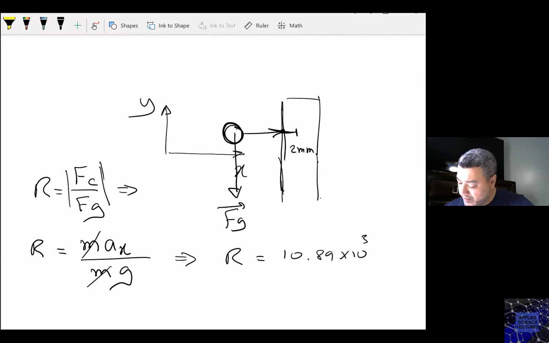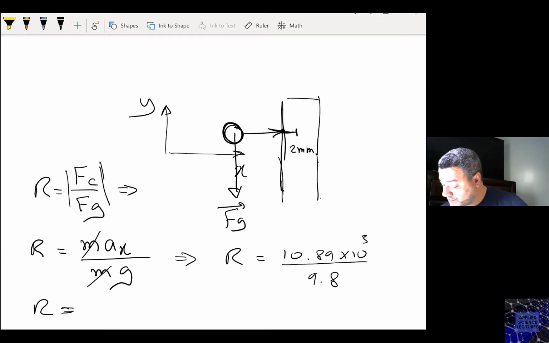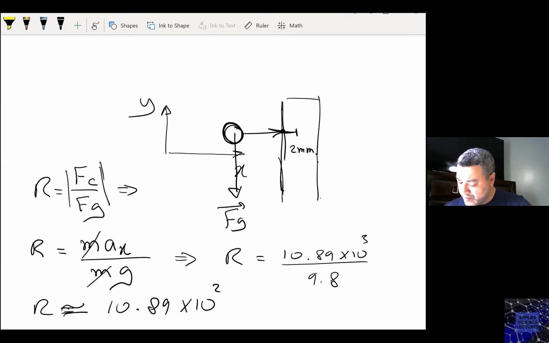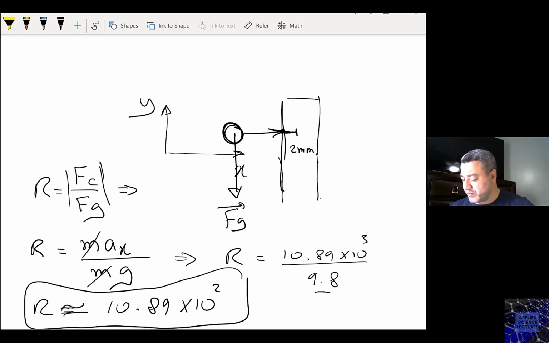So this one is going to be 8.89 to the power 3 divided by 9.8. So this ratio, if you assume that this is 10, it will be almost 10.89 to the power 2, approximating this to be almost